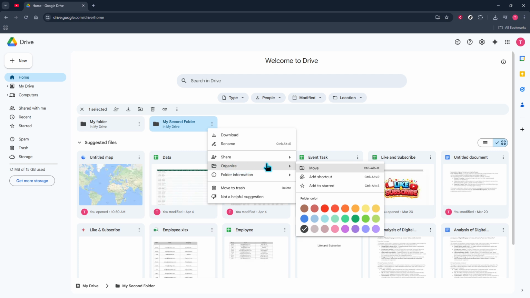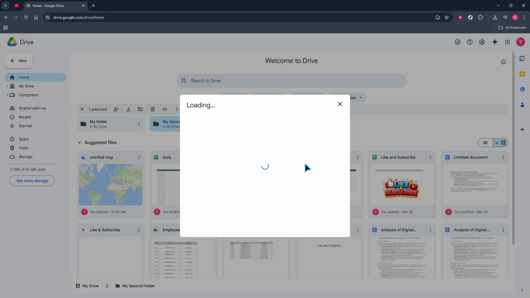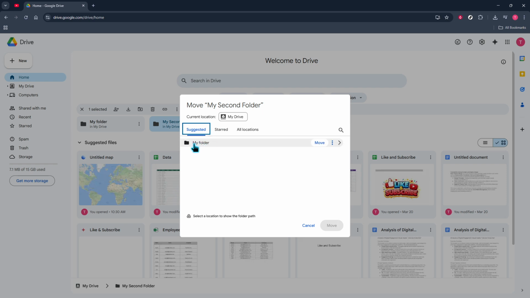Next, click Move. This opens the destination picker, which shows your current drive structure and lets you choose exactly where the folder should go. Take a moment to browse to the new parent folder where you want your folder to live. When you see the correct destination, click that folder to open it so you're placing your folder in the